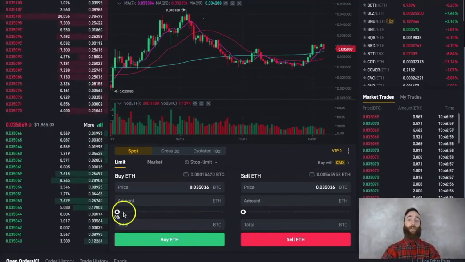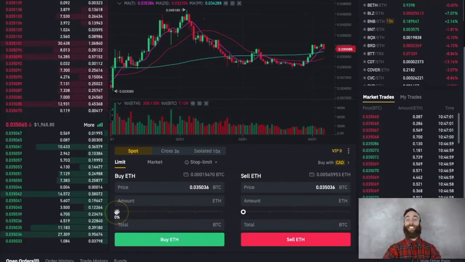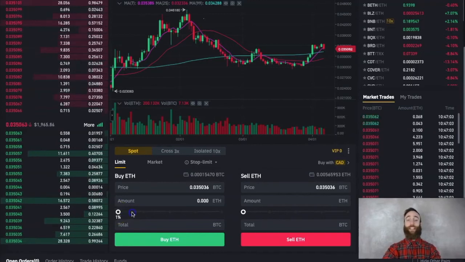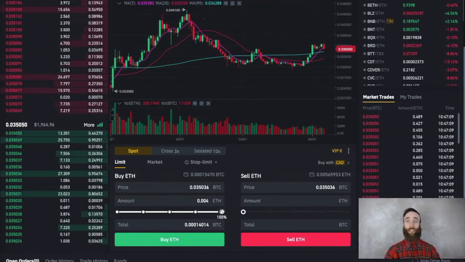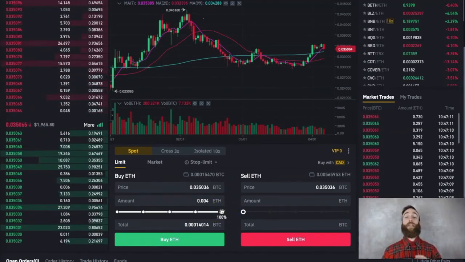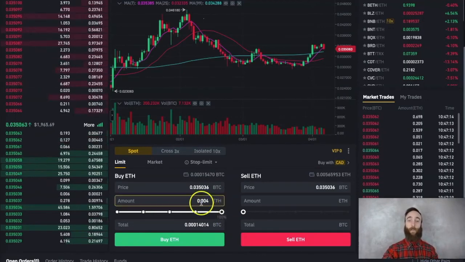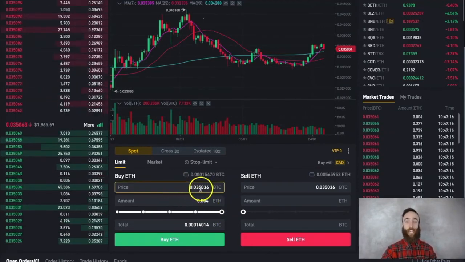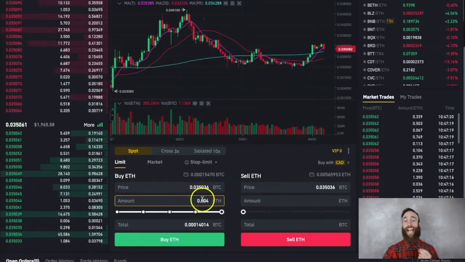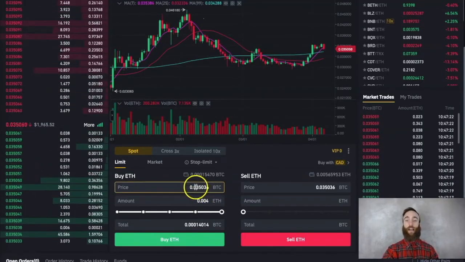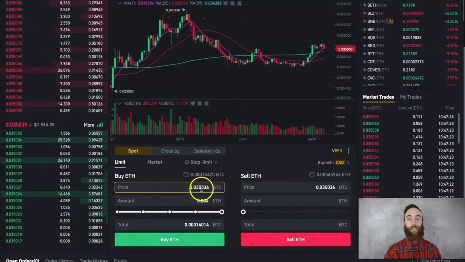So right now we have this slider bar and it's set to 0%. So let's slide this up to 100%. So we're going to use 100% of the Bitcoin in our wallet to purchase Ethereum. Here we have the price at which we are purchasing it at, and this is how much Ethereum it's actually going to buy. So right now we have our price set for